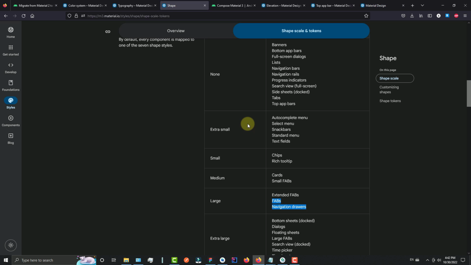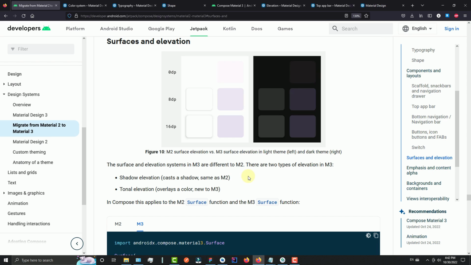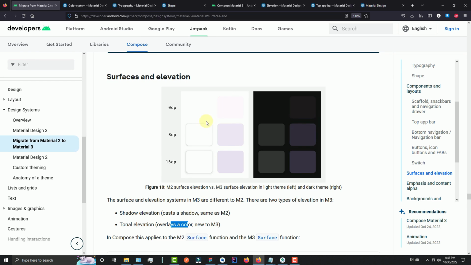And the next thing which is quite important in Material Design 3 is the elevation. So the biggest change in elevation between Material 2 and 3 is displayed within this image right here. So with the newest Material 3, now we have 2 types of elevations. We have a shadow elevation, which actually uses a shadow, and we have a tonal elevation, which uses just a different overlay of a color, right? So here we can see the difference between Material 2 and 3 and its elevation. Here we have a light theme, and on the left side we have Material 2, and on the right side we have Material 3 with those same